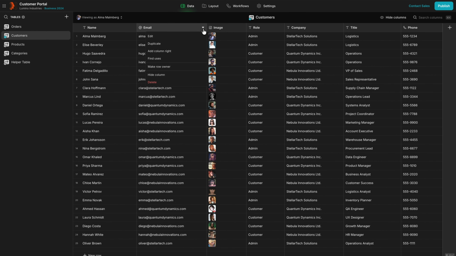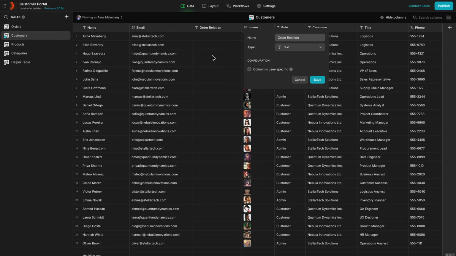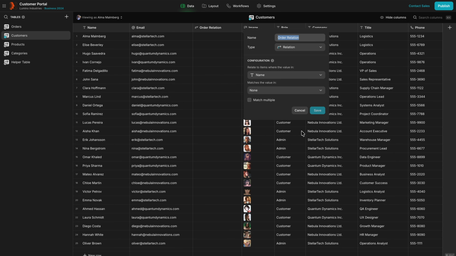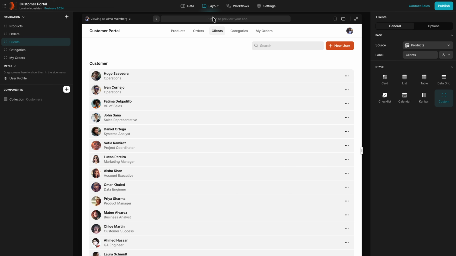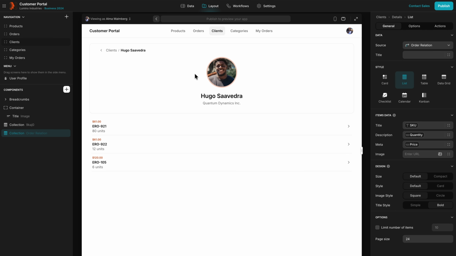All you need to do is add a relation column, match those values, and now those rows are linked. Now on the client screen, you can show their orders, and on the project screen, you can see and navigate to the customer. Now, we have tons of content on relations in Glide University and in the docs,